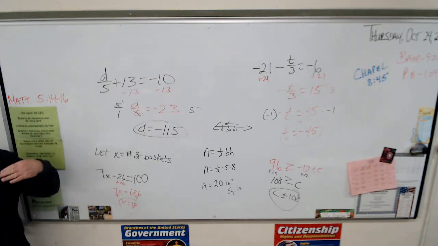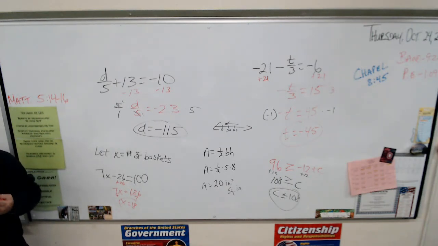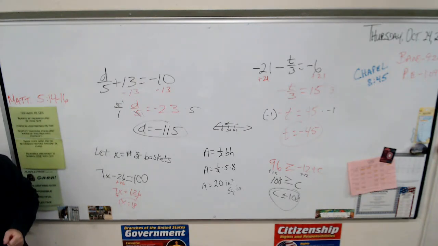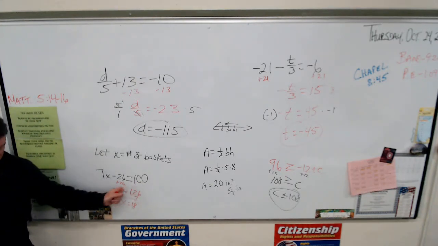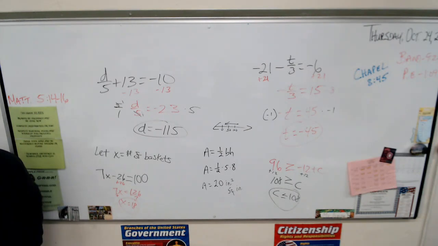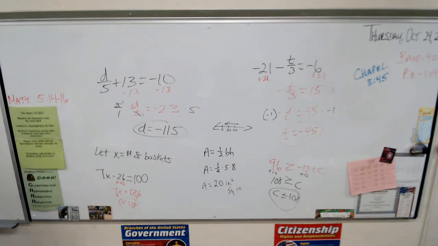Let's start again. I went to the bottom of the paragraph. I said, what is it that I don't know? I don't know how many baskets. What do I know? I'm going to end up with $100, and each basket I sell gets me 7. Subtract the 26 that you had to pay for the supplies. Bella,